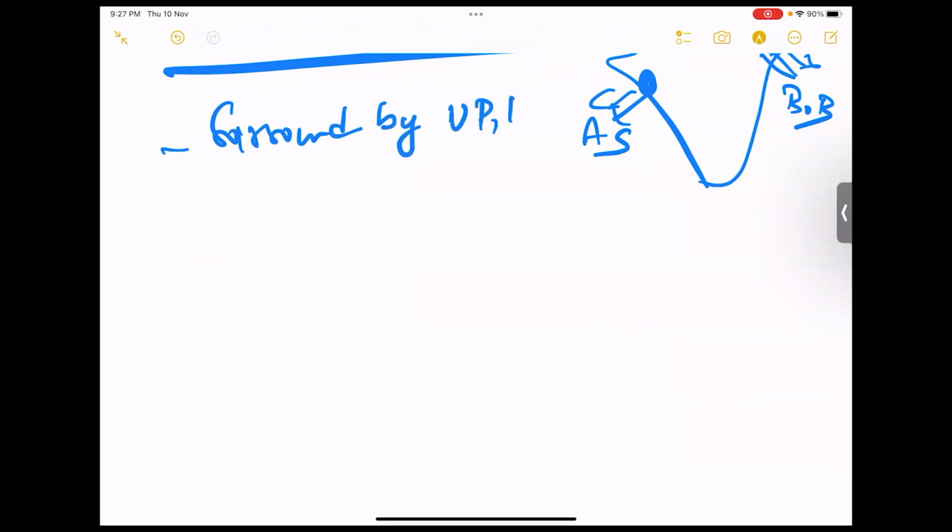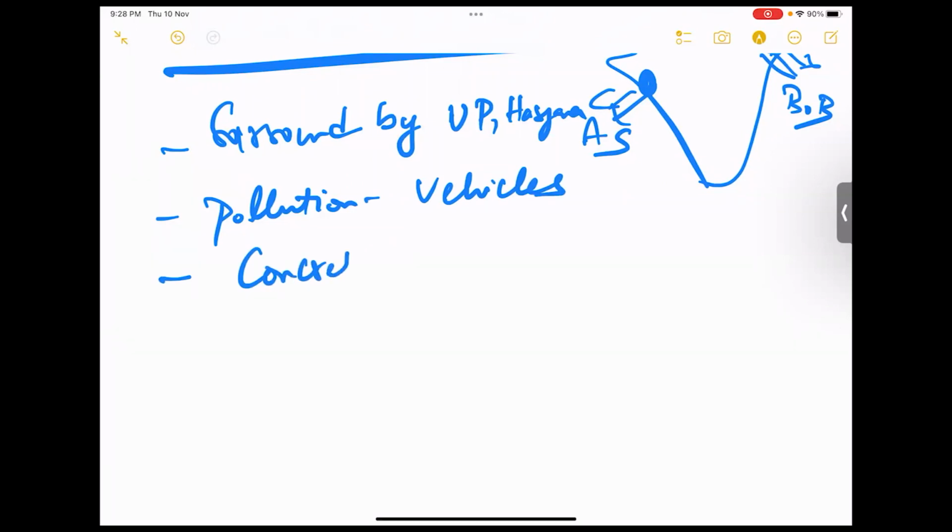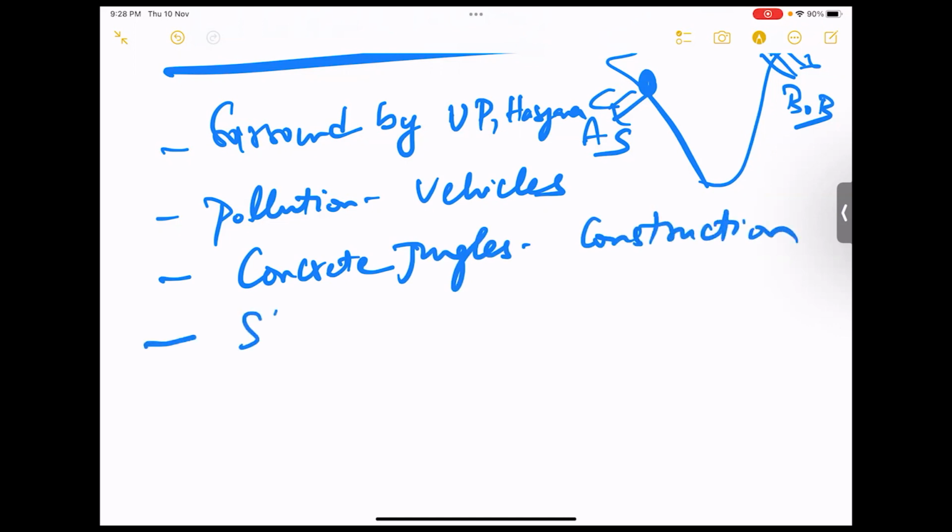states of UP, Haryana, and then it is having a lot of pollution due to more number of vehicles, concrete jungles, that is due to a lot of construction activity going on, and then the stubble burning in and around Delhi,